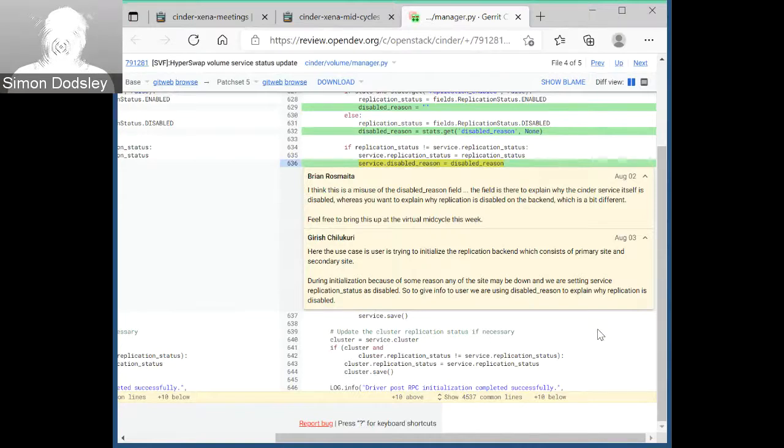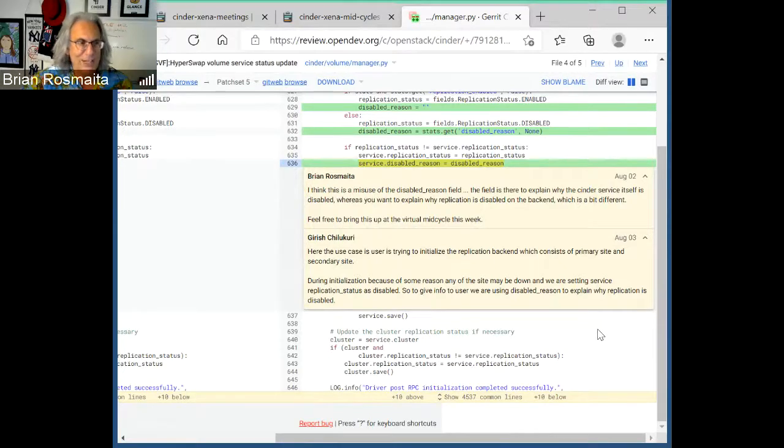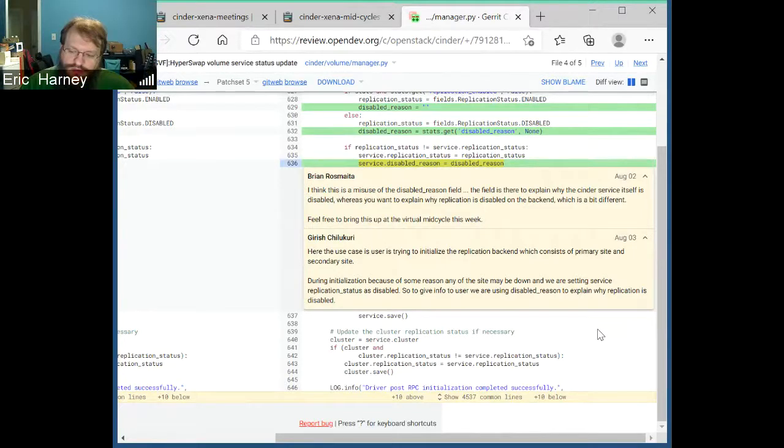Yeah, so what I wanted to get a sense of from other driver maintainers is, do you have a similar use case where you want to get this information out? And if you do, how are you doing it now? Or do we need to add something so that we can surface the information? Well, it seems plausible that there would be a general cross-driver interest in whether replication is healthy and functioning, which I think is what this is trying to get at. Yeah.